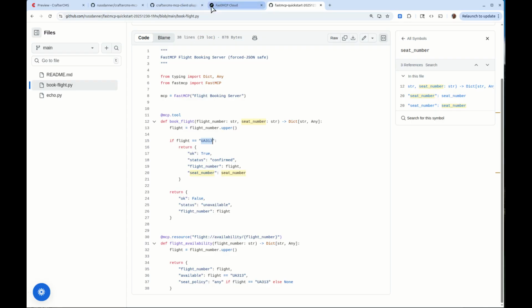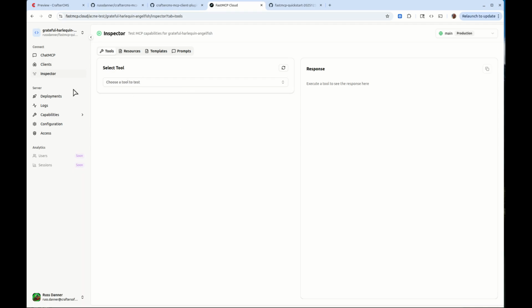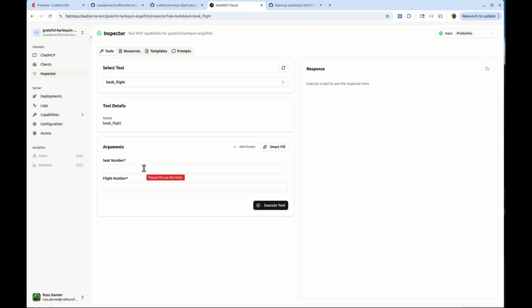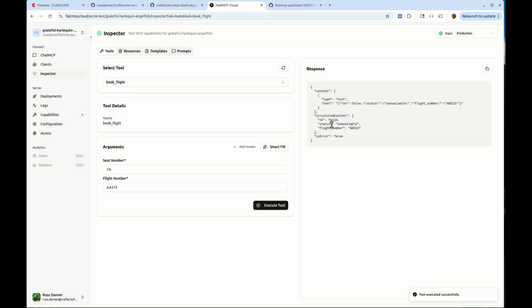is we're going to go back to the LLM, and we're just going to click on the inspector and click on tools, and here I'm going to choose book flight. Okay, we're just going to test that tool. So now there's no client involved here. We're testing directly from this inspector tool, which is part of, in this case, part of the server here, and we're going to say that we want to be in seat 7A, and we want to be on flight, let's say American Airlines 313. Okay, if I execute that tool, then you'll see that the response comes back and it